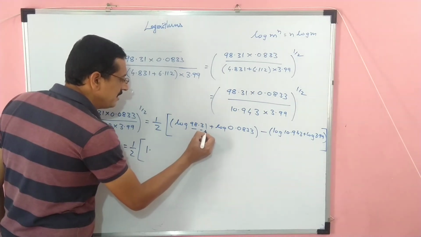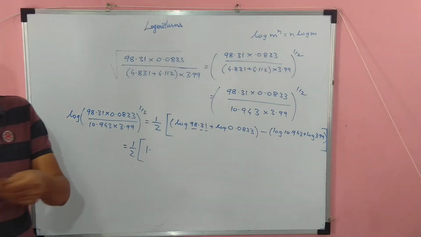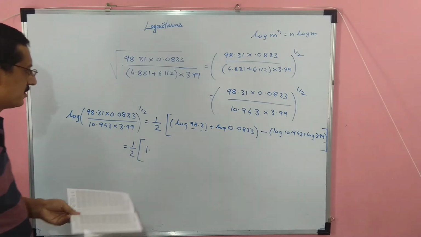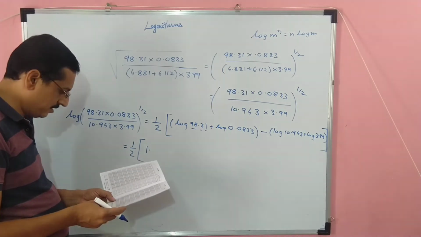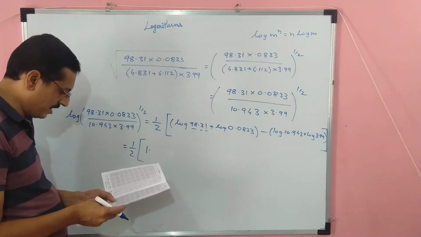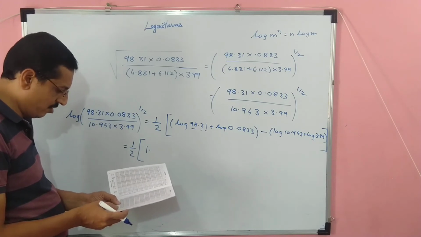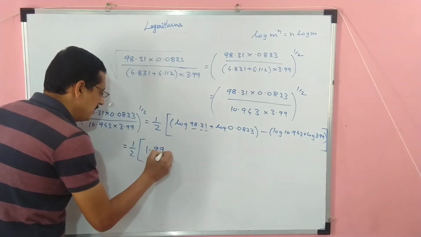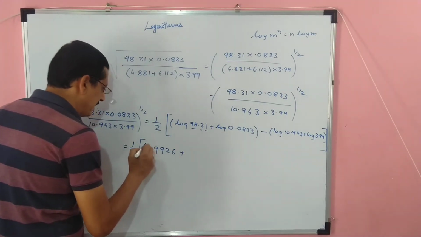98 in 3 difference is 1. So be careful, you have to check it in logarithm table. Open your log table, search for 98. So 98 is second last line. In 3, 0, 1, 2, 3 and mean difference is 1 और उसका वैल्यू 0 है, तो ये 9926. ये हो गया प्लस, इसको भी ब्रैकेट डालते हैं.